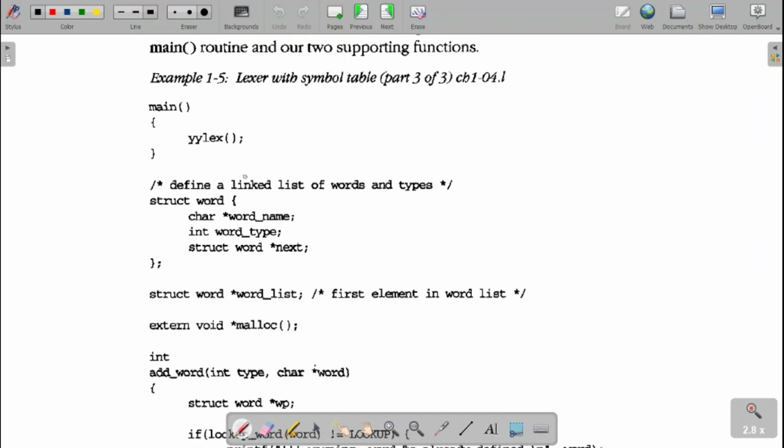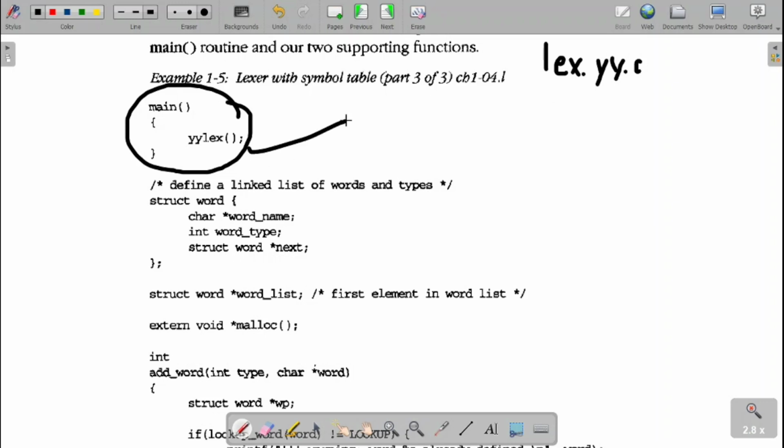In the user subroutine section, I am calling the function yylex, which will be a part of our lex file, that is the C file lex.yy.c. That is going to check whether it is a verb, noun, and all that. For that, we are using the function yylex called over there. Right? So now let us go for implementing this symbol table.